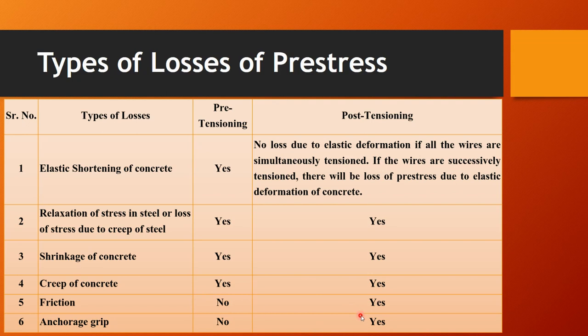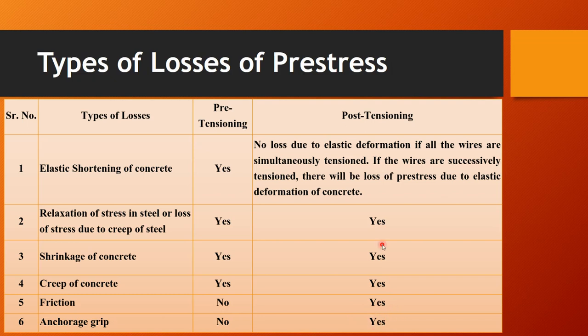Which is not possible in case of pre-tension members, because we have provided these anchorage systems at their ends with the help of firm abutments, and then we are going to cast the members, just like we have discussed in the long line method of casting, where these cables are in contact with the concrete. After hardening of that concrete, only then are we going to release these tendons from the abutments simply by cutting the wires. So there is no possibility of slip of anchorage, but it is possible in case of post-tension members. That's why we have to consider this effect in case of post-tensioning members.